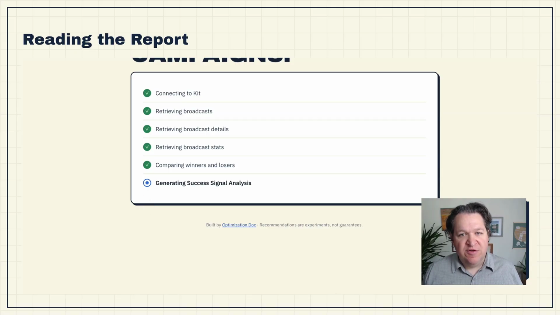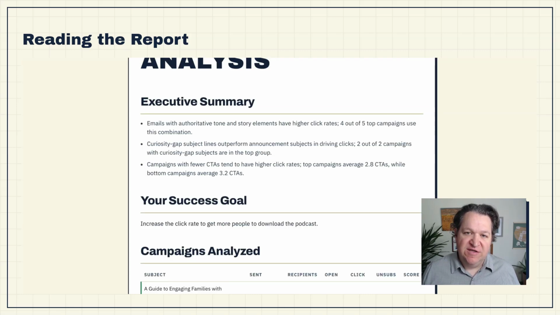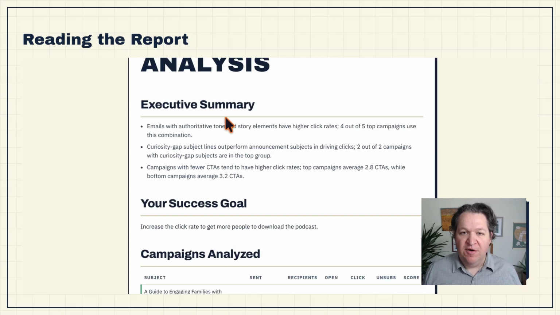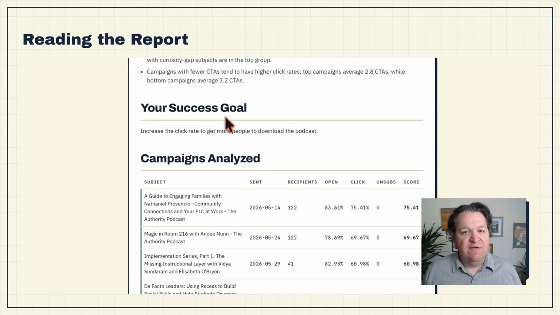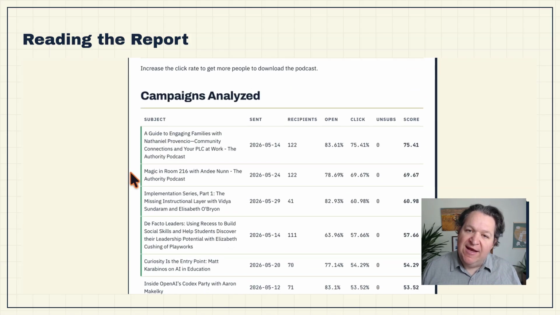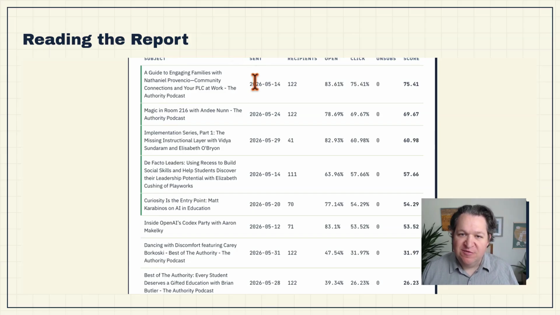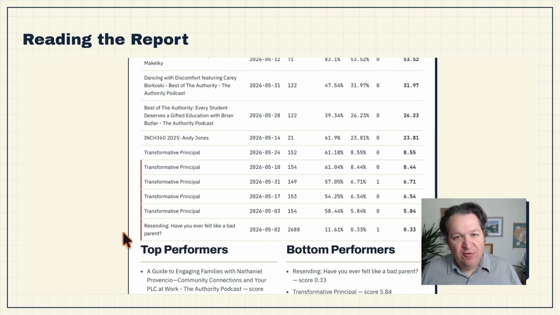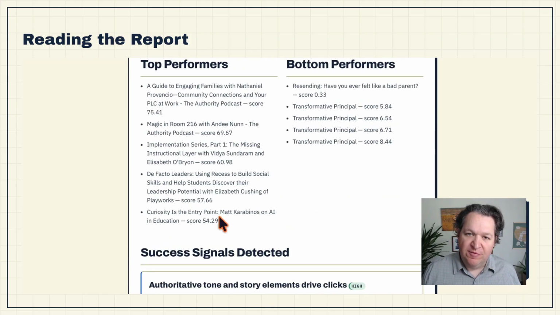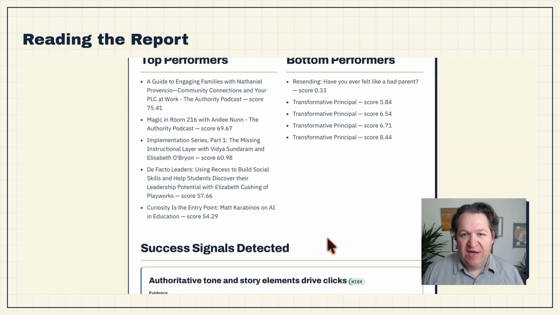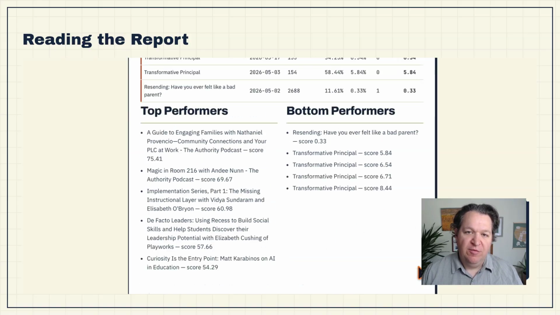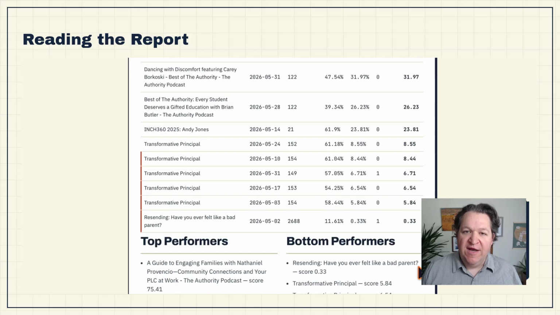The report starts with the user's goal and the campaigns analyzed. Then it shows the strongest signals it found. The important part is the evidence block. If the report says story-driven emails appear to perform better, it needs to show which campaigns support that and how the top group differed from the bottom group. The user will receive the report by email, but they can also copy it, download as Markdown, or rerun the analysis. The working app is at